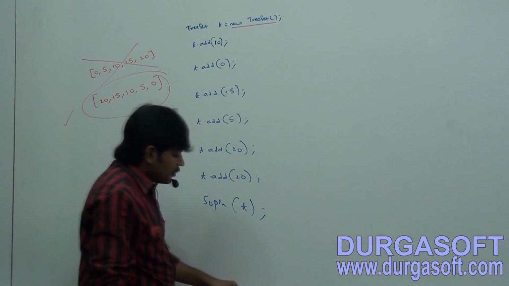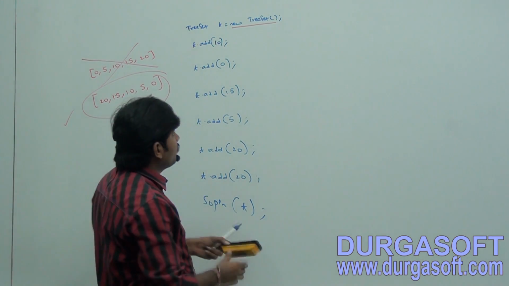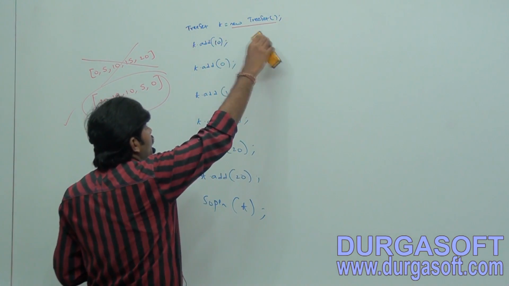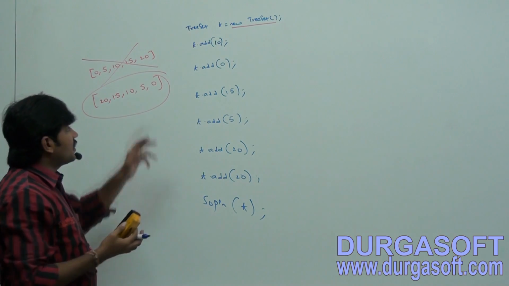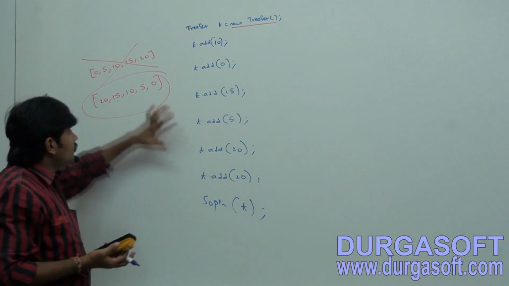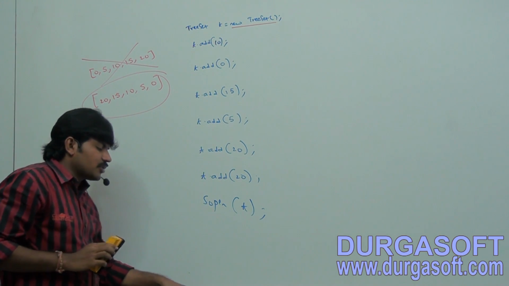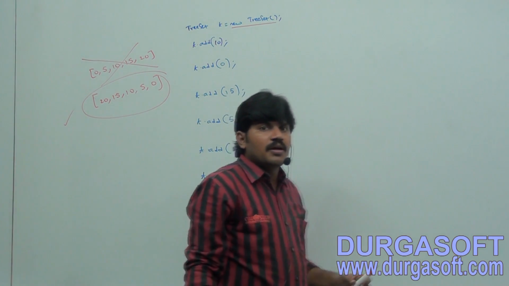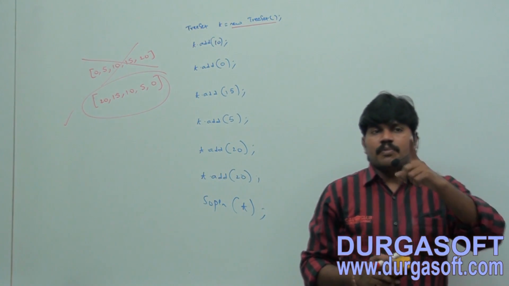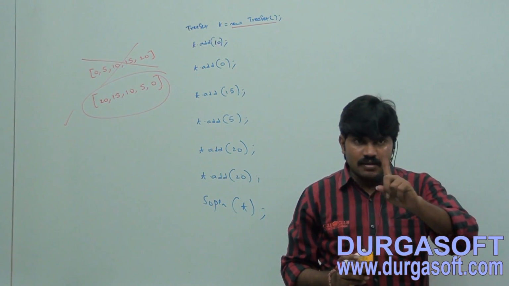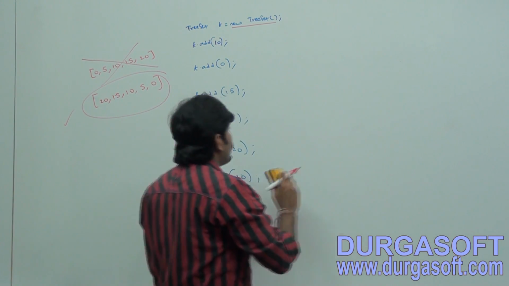Observe this point well. If I take it like this, the output is ascending order only. But my requirement is descending order. If you want a customized sorting order, then should we go for comparable or comparator? Comparator, right? Now, what we have to do here is